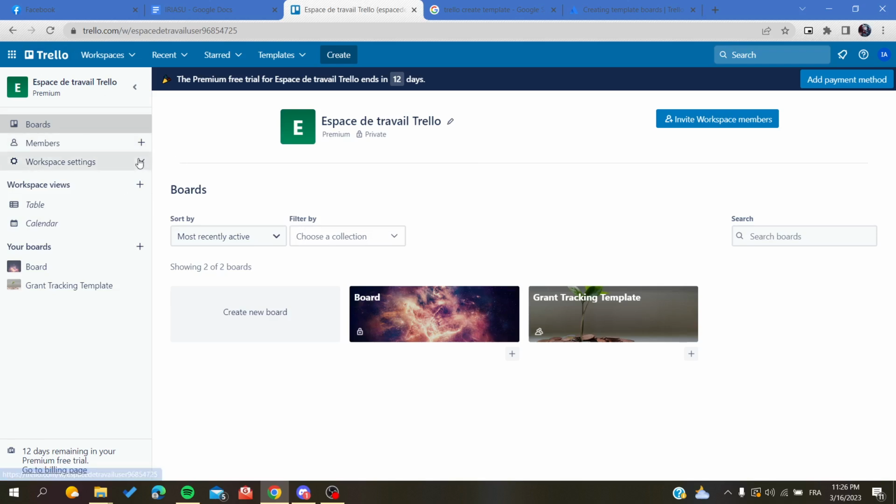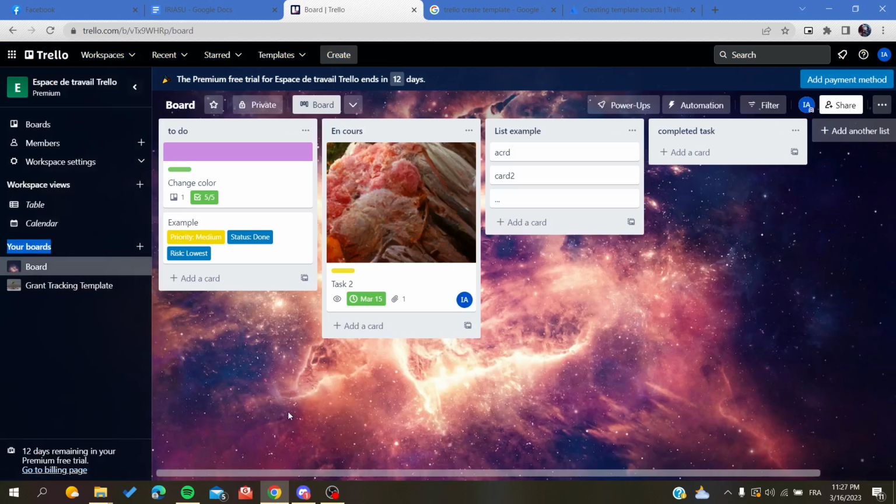So after you succeed in connecting to your workspace, you will need just to go to your board that you want to copy. So basically, you will find your board list here by clicking in this boards in navigation tab. You will find your boards are listed here, or you can just check your boards or access them by going to your board section and click on the board that you want to copy, and here we will find this